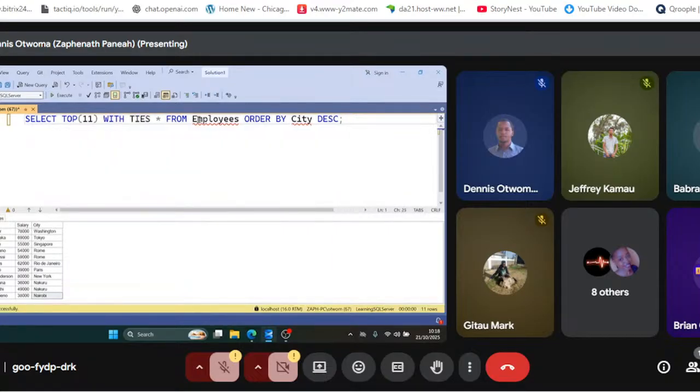If the records coming after were also tying in terms of whatever columns we're using here to order by, then those particular records would also be selected. So it's going to ignore this number 11 over here. It's going to select all of those records as well that are coming after Japhet if they were tying in terms of the city. So if we execute this one here now,